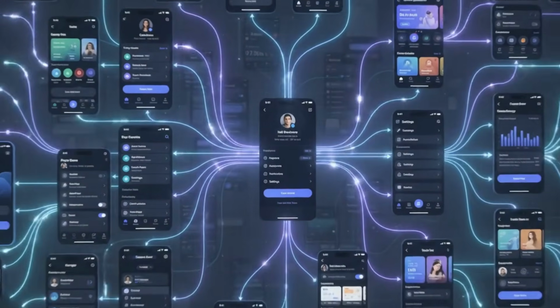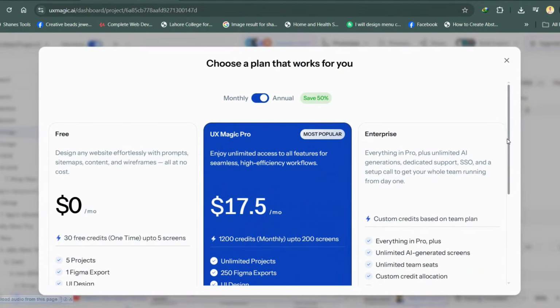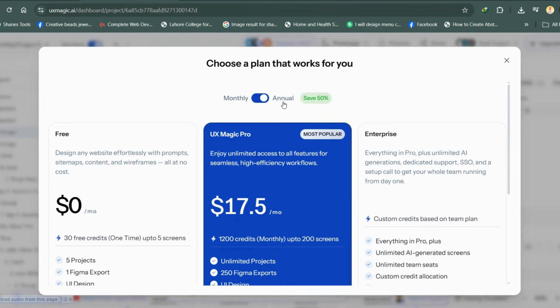Now let's talk about pricing. UX Magic has a free plan, a pro plan, and an enterprise option. The free plan is $0 per month and currently includes 30 one-time credits, up to 5 screens, 5 projects, and 1 Figma export. The pro plan is listed at